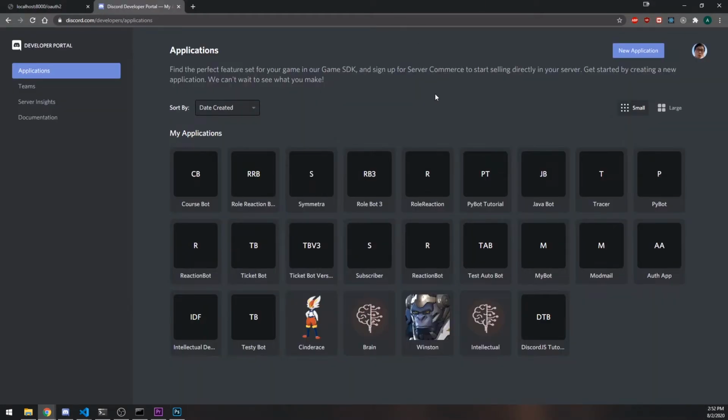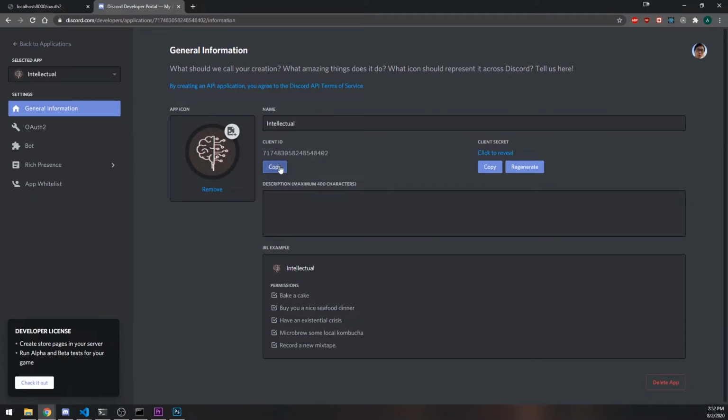So before we do anything else, you need to make sure you actually have a Discord application created. I'm assuming that most of you guys already have one, but I'll show you how to create that in case you don't, or I'll show you what exactly you need to get. So I'm on the developer portal right now, and we have to click on one of our applications. You can just create a new one if you don't have one, but I'm going to click on this one. And you want to make sure you have the client ID, the client secret, as well as the